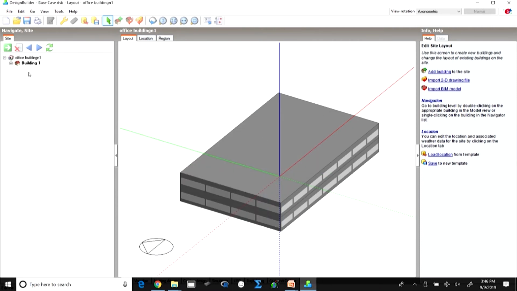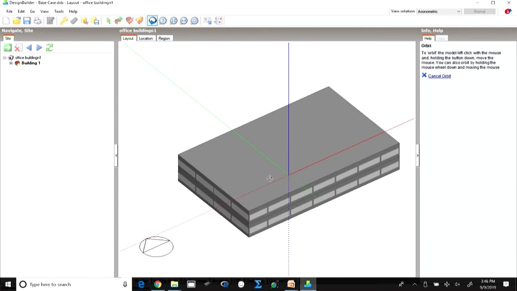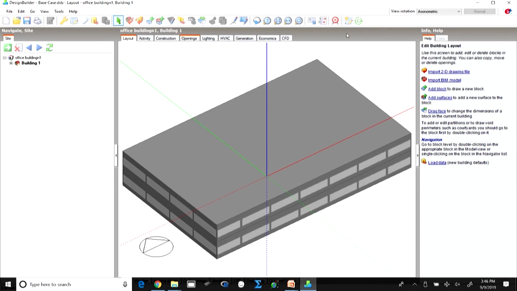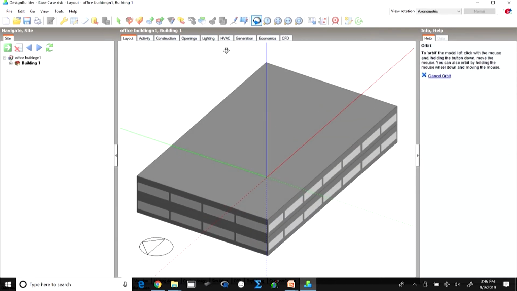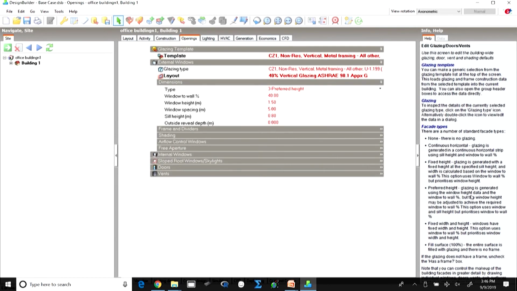And I have only building 1, but in case you have other objects, other components which are present and which will impact only because of shading, then we may create all those components using the component block. Another thing that is part of construction is the fenestration, the openings. Now, the template here which has been taken is CZ1 for non-residential, which is for vertical windows